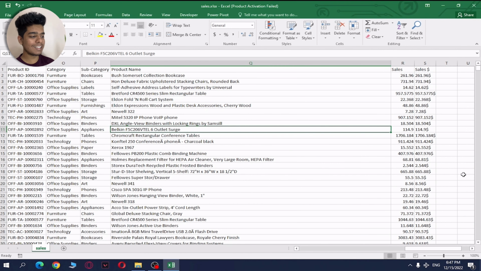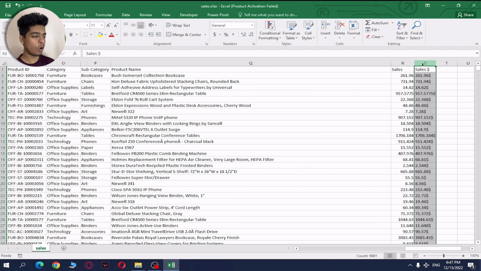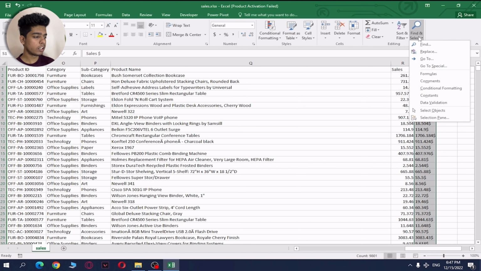Okay, I created this extra column which is named sales and $ sign, and every value has this $ sign. So while counting or taking a sum of these values, that sign can cause an error. So what you need to do, you need to remove that sign in Excel only, before loading data into Power BI. So just select that column, come to the home tab, and here you can see find and select, click on it, and then you can see the replace option.